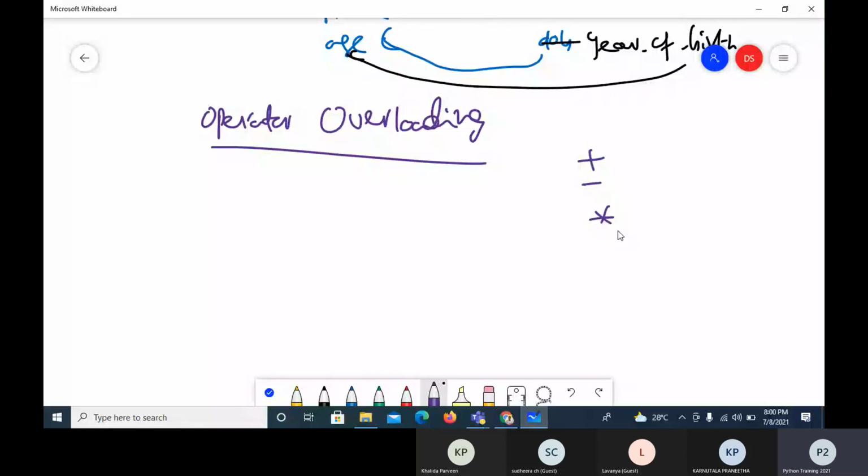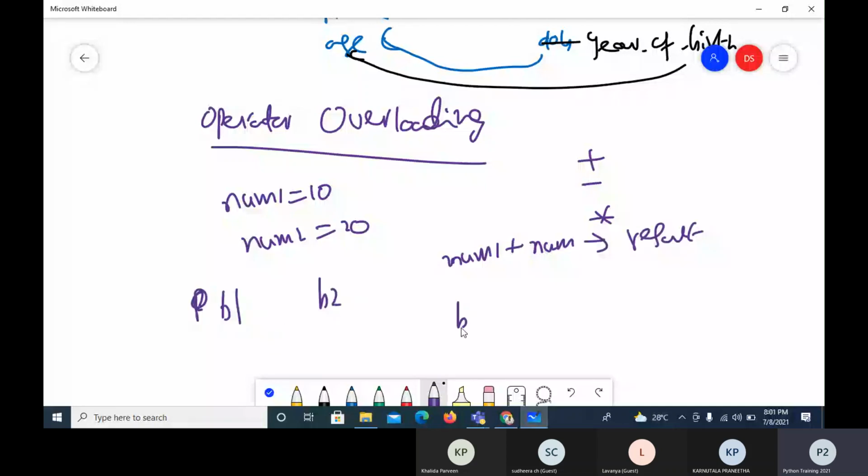Now, if I take two numbers, num1 equals 10, num2 equals 20, I can say num1 plus num2. So I'll get the result. Now, suppose I have a box object P1 with some properties length, width, height, P2 with some length, width, height. Now I cannot add P1 plus P2.